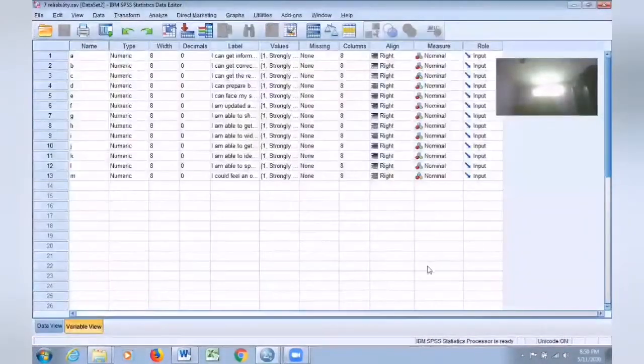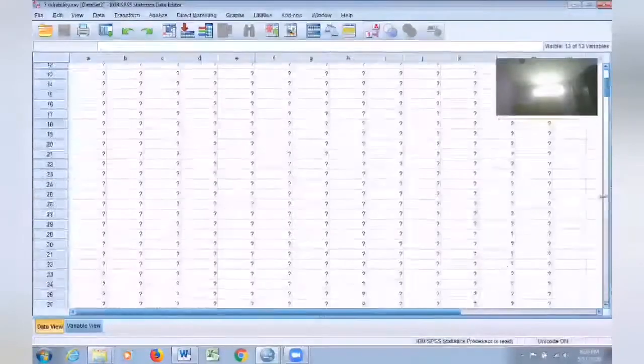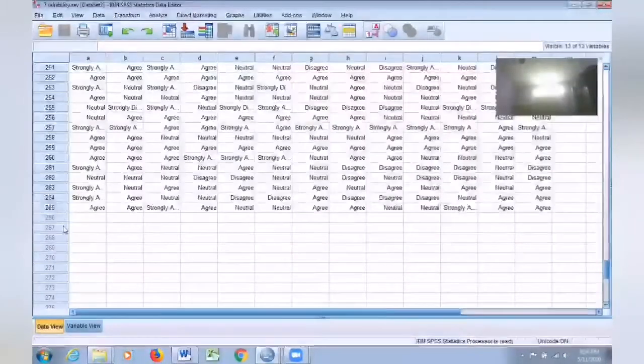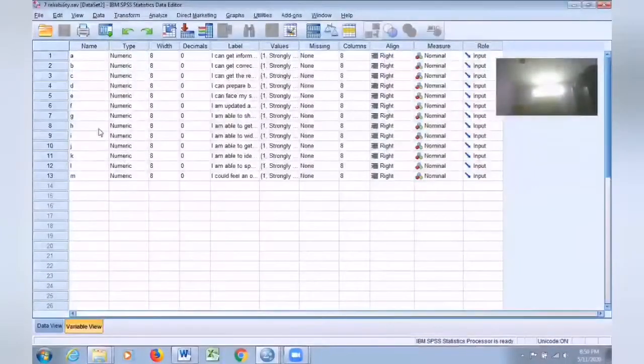Fine. See, what is this questionnaire? I collected data from 265 respondents. I just asked them 13 questions. All the 13 questions are about a single concept. What's the concept?